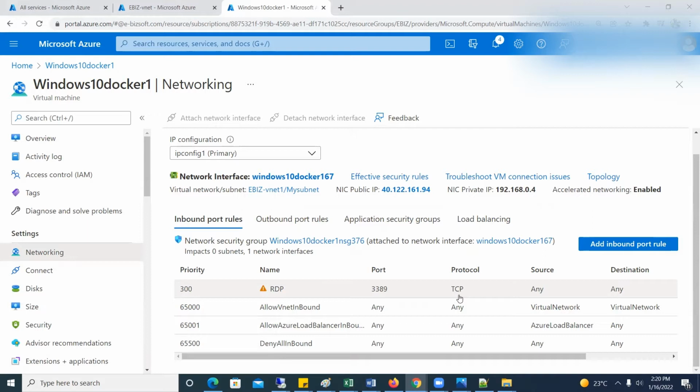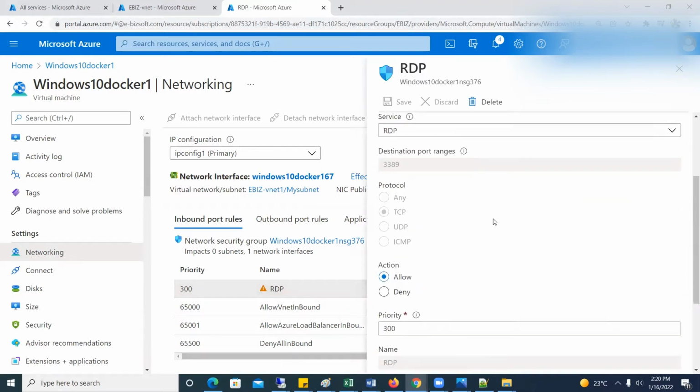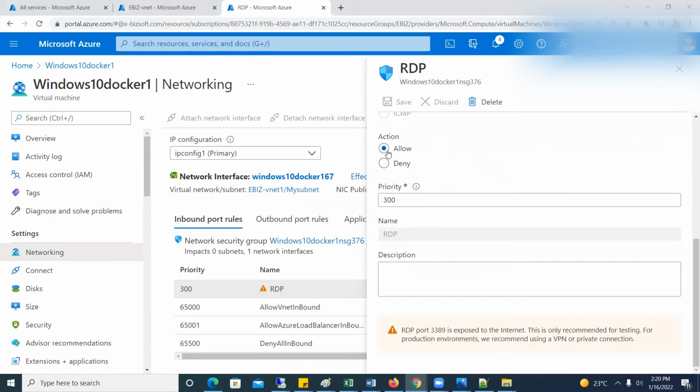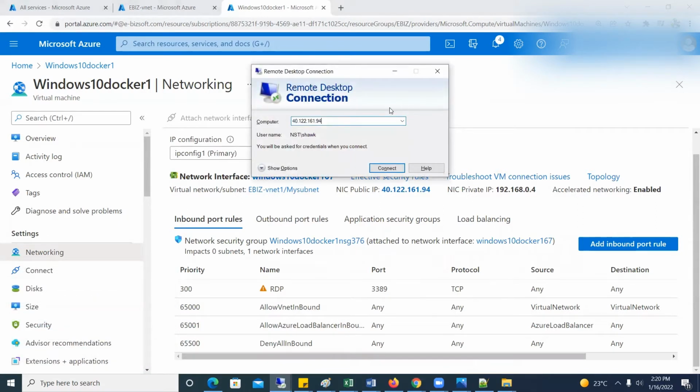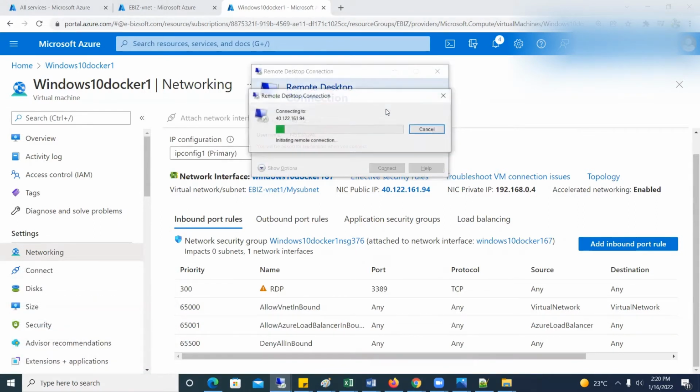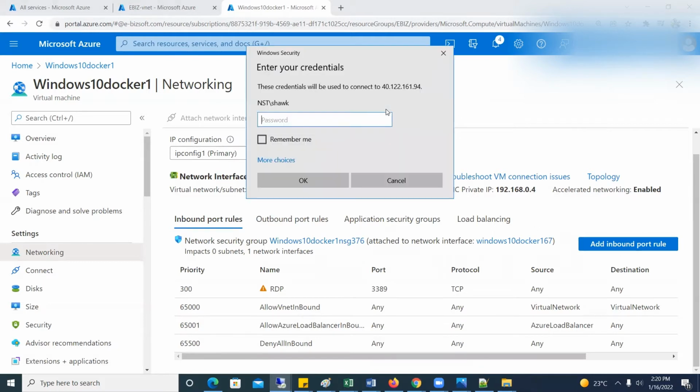So right now if I want to make a remote desktop session for this machine, it will allow me because I have already created this rule, and if you want to verify it, I have already selected the allow option. So let's make a remote desktop session for this virtual machine, and here we go. When I put this IP address over here, you can see I can make the session with this virtual machine. When I put the password,